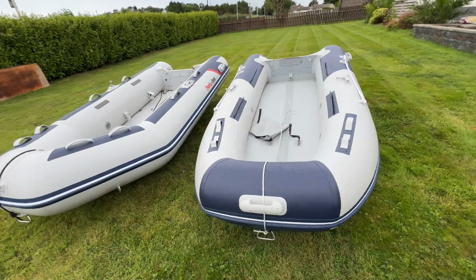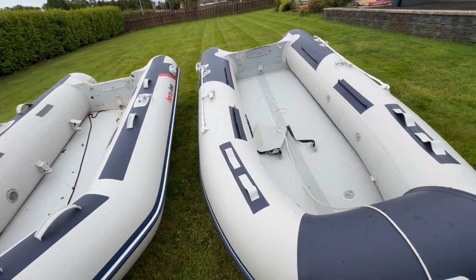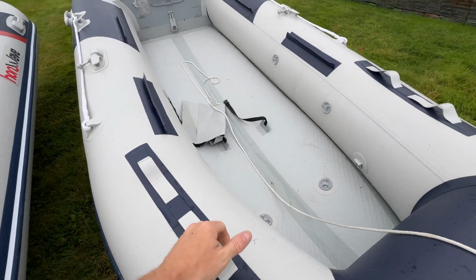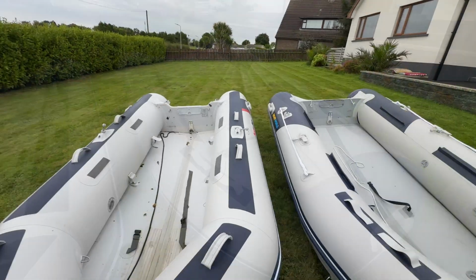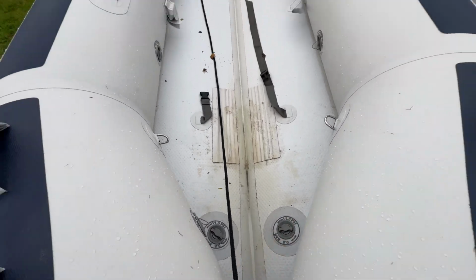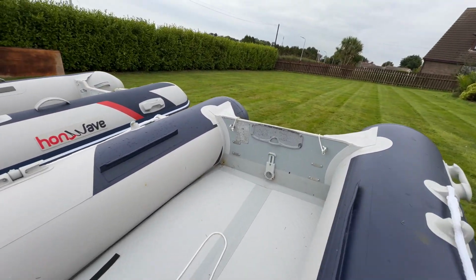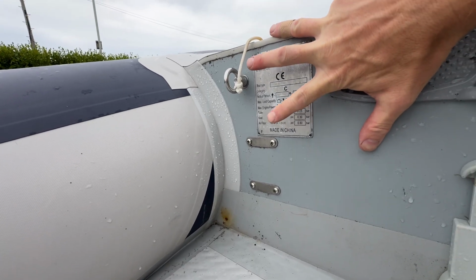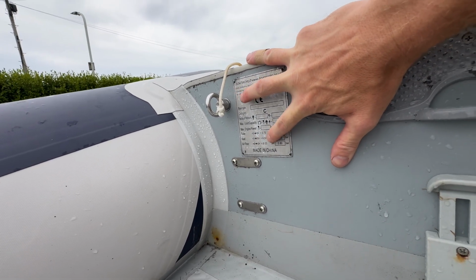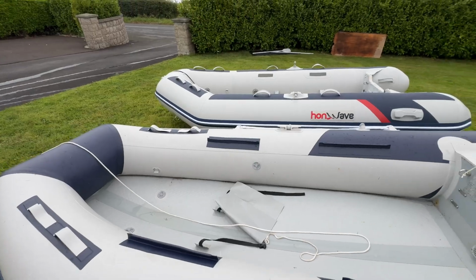Both boats do look smart, they look great. I mean, the Honwave is a better built boat, but that's not to say this is poorly built. It's a strong, well-made wee boat too, and for the money, it's a real good deal. The air pressure on the floor for the Honwave is greater. It's 11.6 psi versus only, I don't know if you can see this, 9 psi for the Boatworld boat, which means you are probably going to have a lot more flex